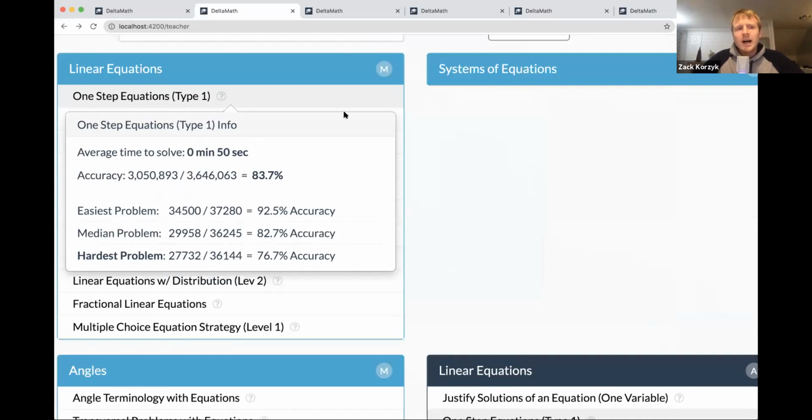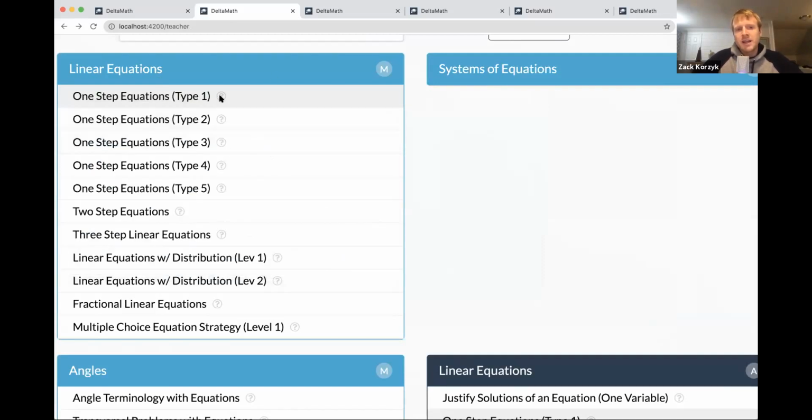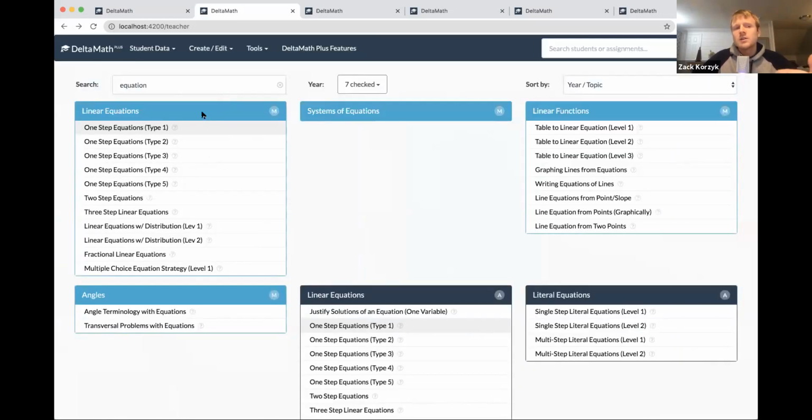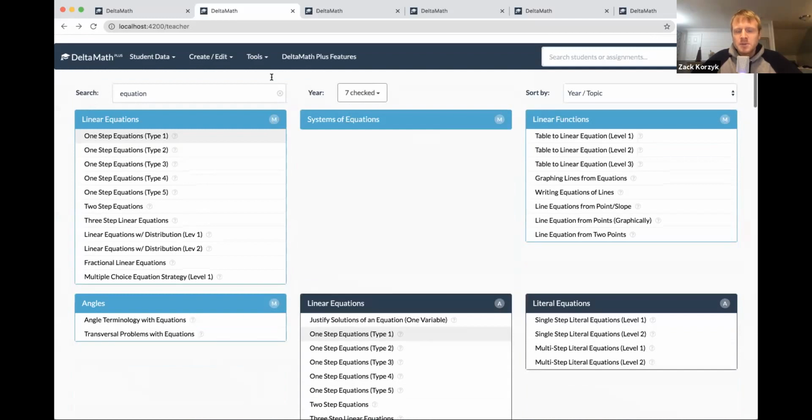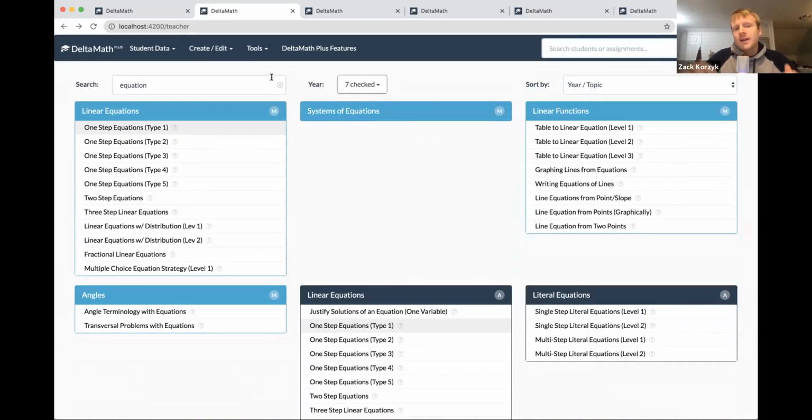So the first thing that you're going to need to do once you create your DeltaMath account is, of course, search for which problems you want to assign. The student is not going to see this giant page of problems. You have to make a curated assignment for them of what you want them to work on. So I'm going to show you how to make a simple assignment, and you would go to Create Edit and